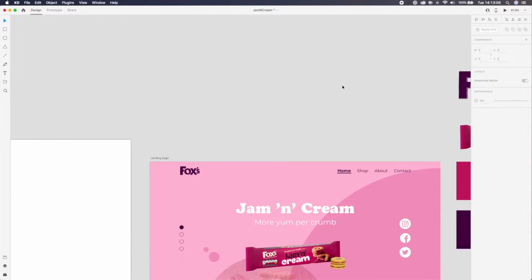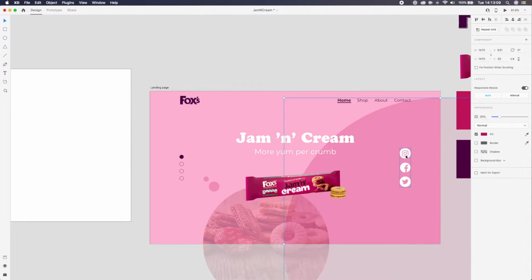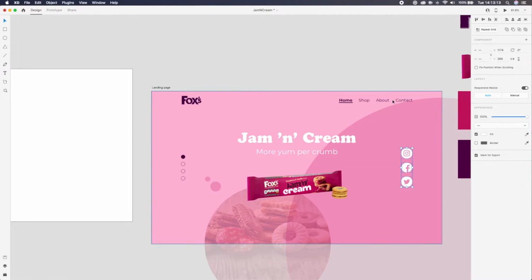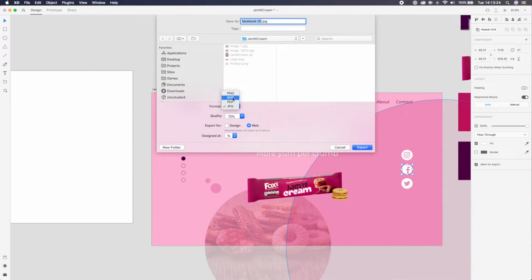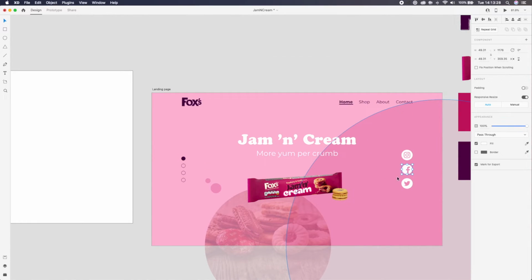Again, different little things. And you've got here some icons which are grouped again. So I'm just pressing Command-Shift-G to ungroup them. And you can click on it. And maybe you want these bigger for some reason. You can actually export these as SVG. So you can press Command-E again and select SVG, and you'll get an actual SVG of this. The paths will be exported. Or again, you can just press,